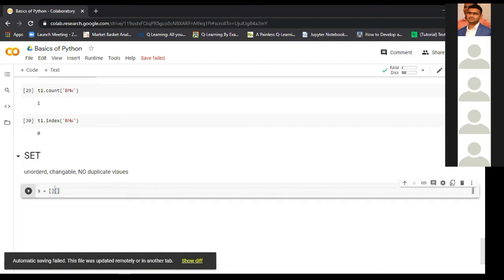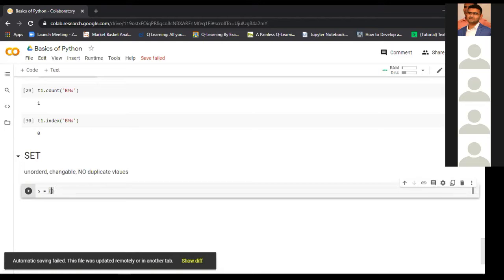To declare a set, we use curly brackets. These are called braces. Like all the iterables, we can have data of any data type.